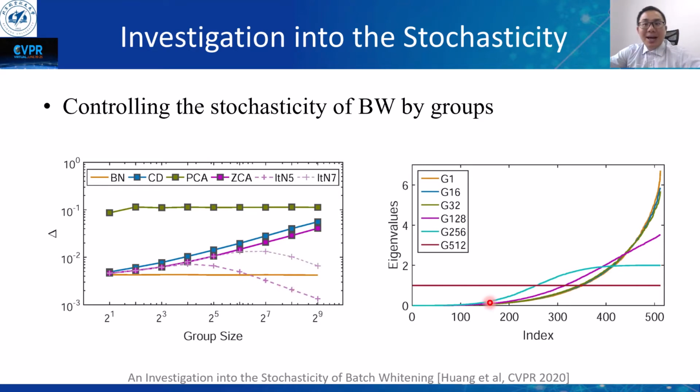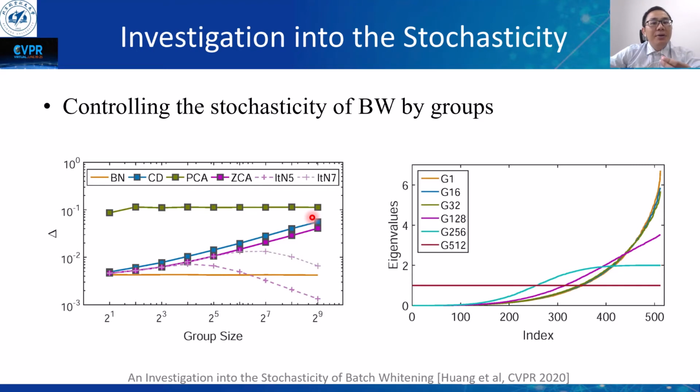With decreasing group size, ZCA and CD whitening show reduced stochasticity, as shown in the left figure, while also having degenerated conditioning, as shown in the right figure, since the output is only partially whitened. Besides, PCA whitening still has a large SND for all group sizes, with no significant differences. This observation further corroborates the explanation of stochastic axis swapping, that is, PCA whitening is extremely unstable.